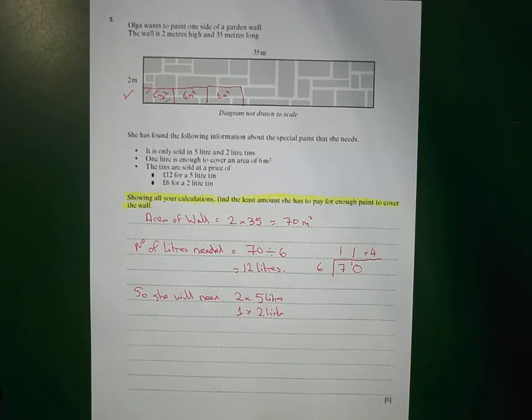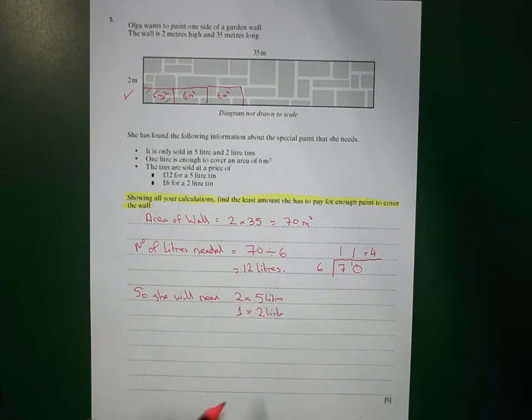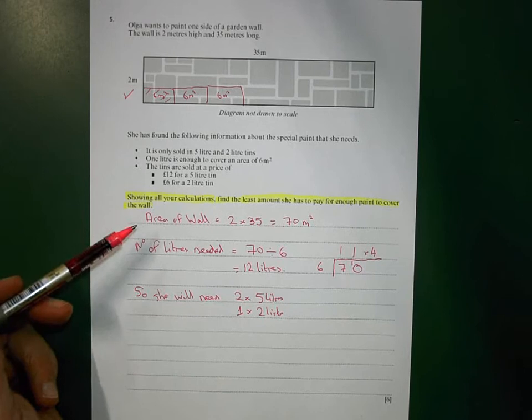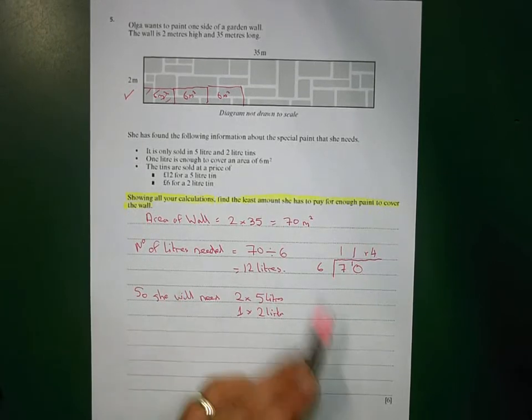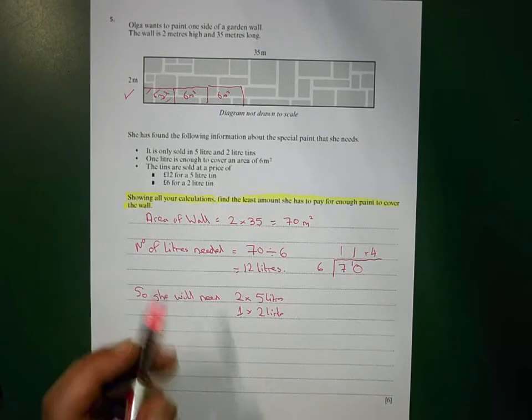Now I check back, have I answered the question? Showing all your calculations, well, I've done that. Find the least amount she has to pay. Oh, hang on, I haven't done anything with the cost. And this is why it's important with these more detailed questions that you're checking back. I've done a lot of good work there. I haven't done a single thing that's wrong, but I'm not going to get 6 marks